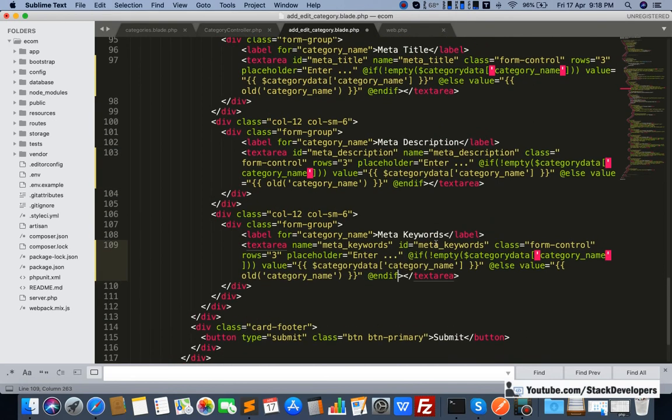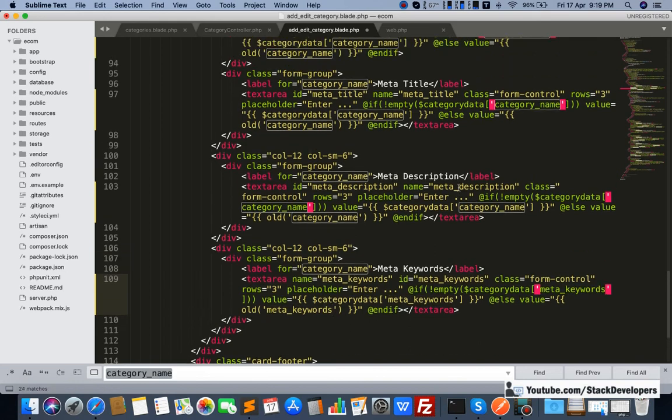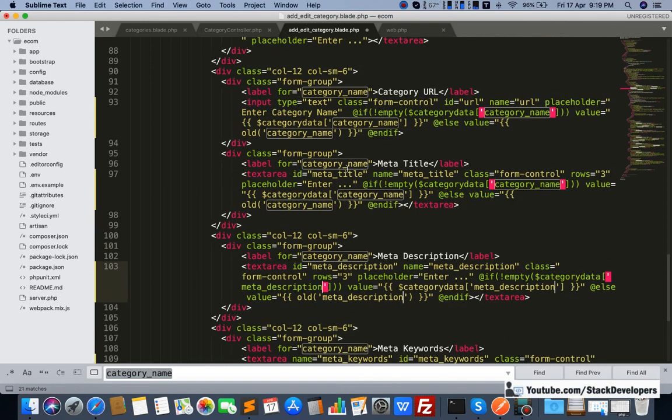Okay, so the only thing I am going to do here is make changes like this one: meta keywords, meta description, like this, and here for meta title, and we must also change here. Okay, meta title.